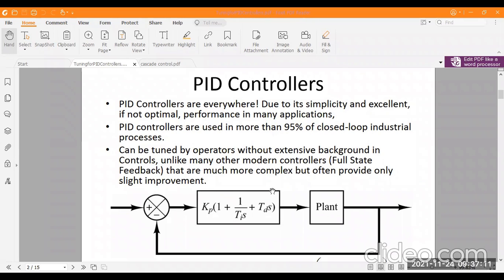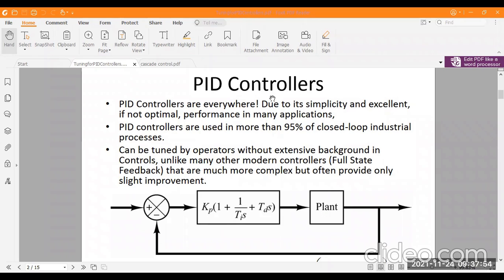First of all, we have to know what tuning is. Is it clear to all of you what tuning of a PID controller or any controller is? I just recall once again: PID controller tuning is the process of finding the values of the proportional gain, integral gain, and derivative gain of a PID controller to achieve the desired performance and meet design requirements. This is called the tuning of the PID controller or of any controller.